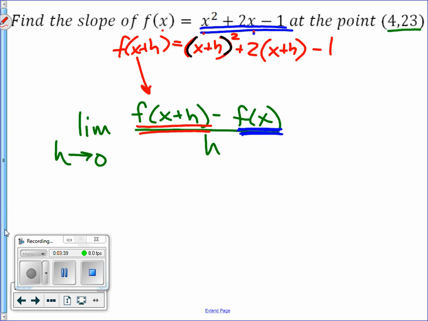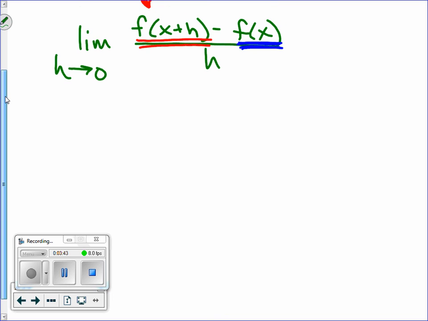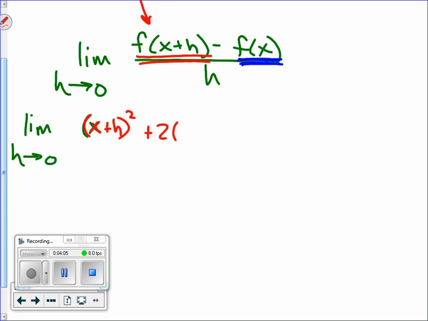Here we go. So we have the limit. I'm going to come all the way over here. You would be wise to start all the way on the left side of your paper as we go through this, because we're going to do a lot of writing, unless you have really small handwriting. The limit as h approaches 0 of, now instead of x plus h, why don't I color code? (x plus h) squared plus 2(x plus h) minus 1